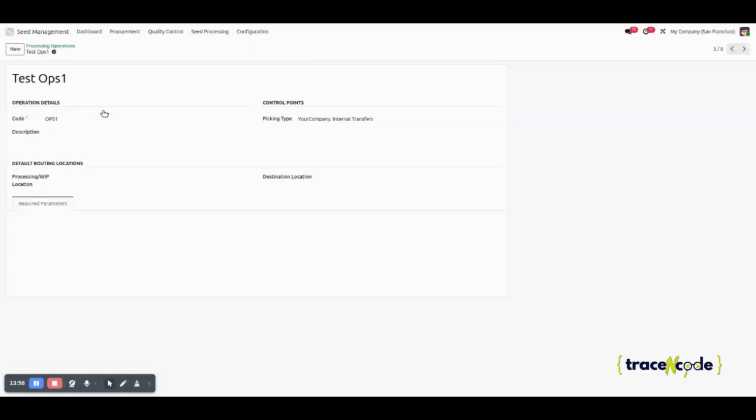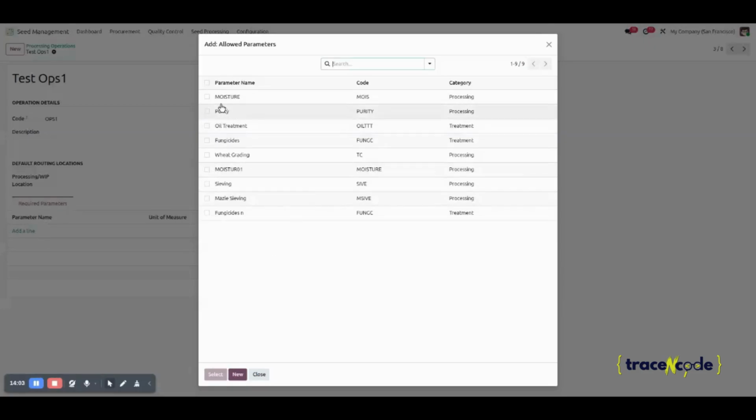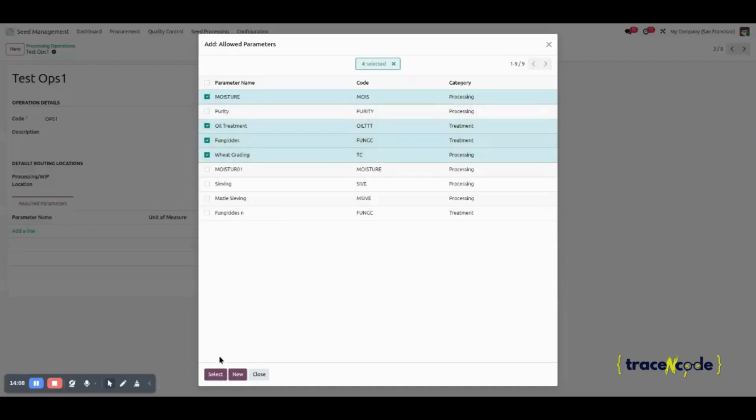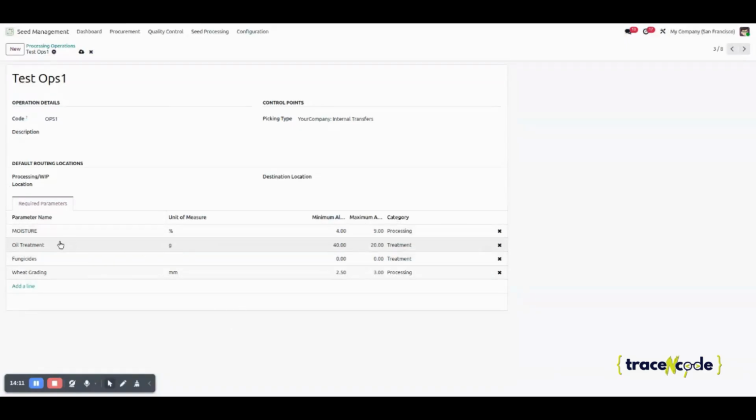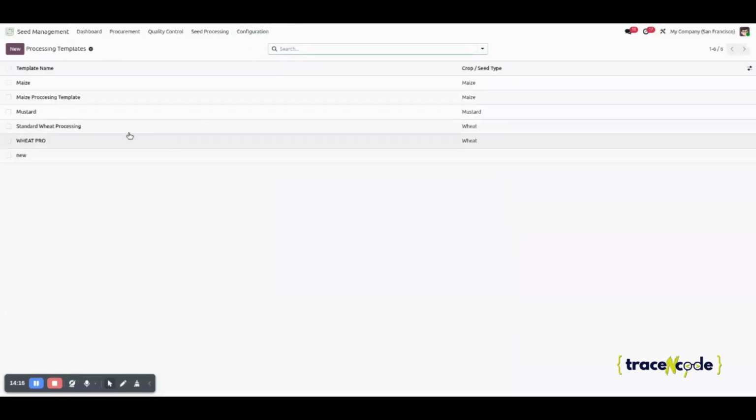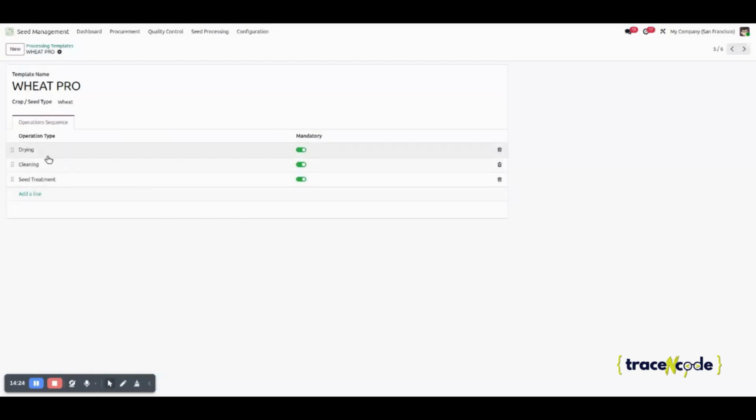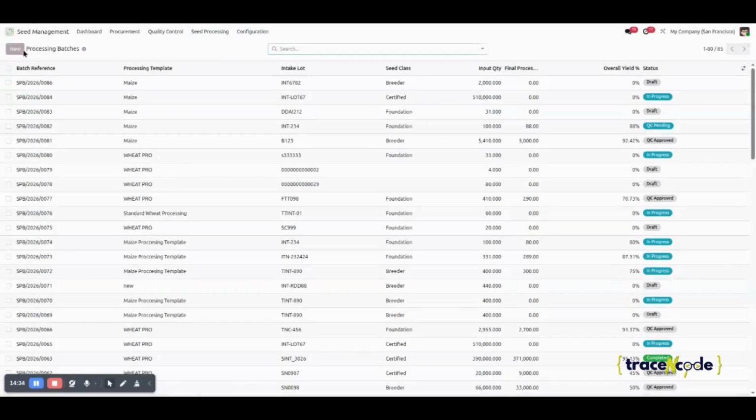And here are the operations. We can select which parameter is assigned to these operations. We just select previously created parameters, and this will create a line for that, and you can save it. And at the operation type, you can select the dedicated processing template for each variety and crop. Just select the operations which we have created here, and after creating that, here we got the